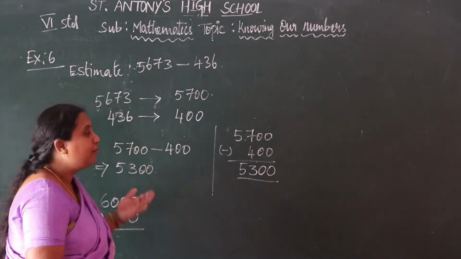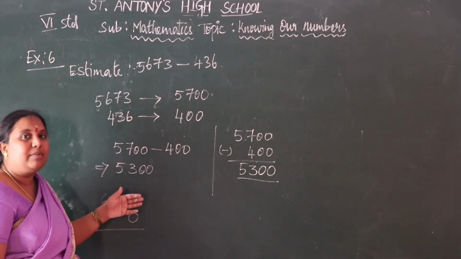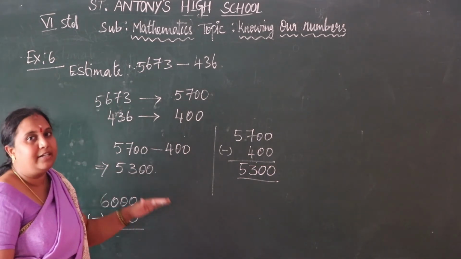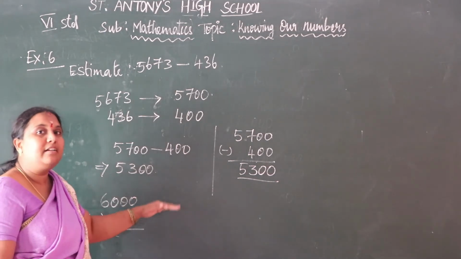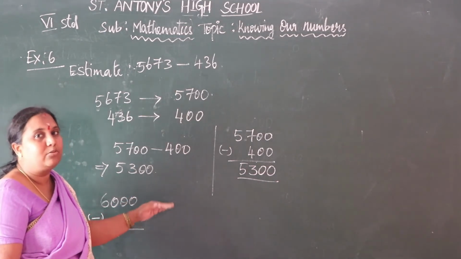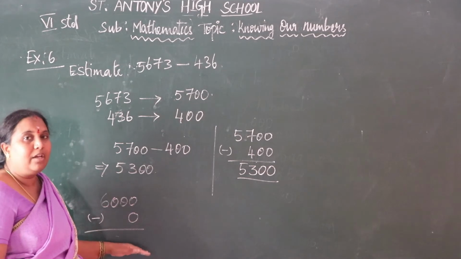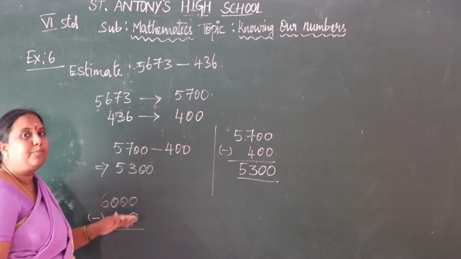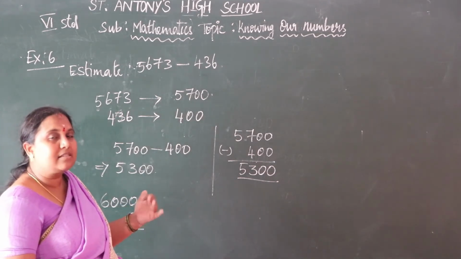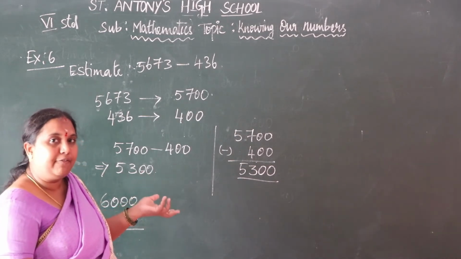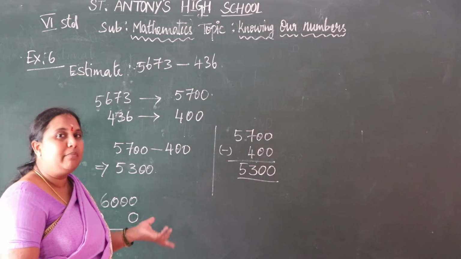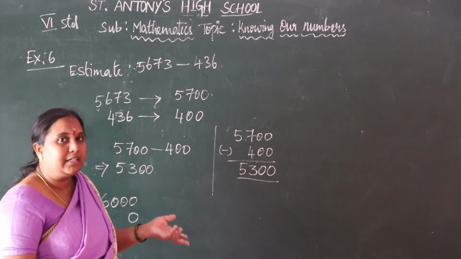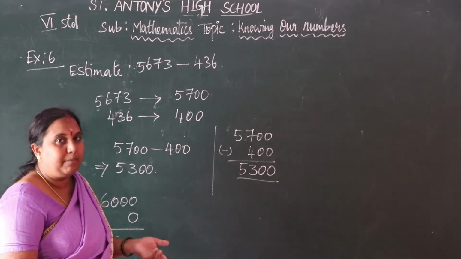Okay, next we move on to the estimated products. Till now we saw estimation in sums and differences: how to estimate the values, how to estimate the sum and how to estimate the difference. Now let us see the estimated products. That is also the same as the sum and difference. Here we are doing multiplication. What does product mean? Products means multiplication.